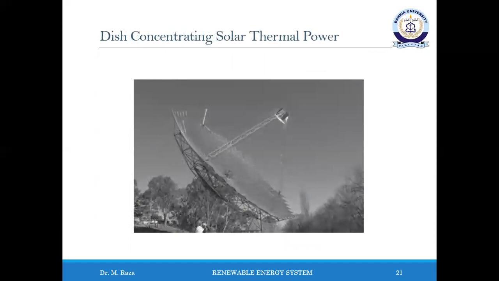Dish concentrating solar thermal power plants have an individual receiver, engine and generator positioned permanently at the focus of each paraboloid mirror, as shown in this figure. As with power towers, receiver temperature can be very high, above 1000 degrees Celsius. The engine is usually a Stirling engine, since this can be powered from an external heat source and is in principle simple and efficient. Overall efficiency is likely to be definitely better than line concentrators and in practice better than power towers.